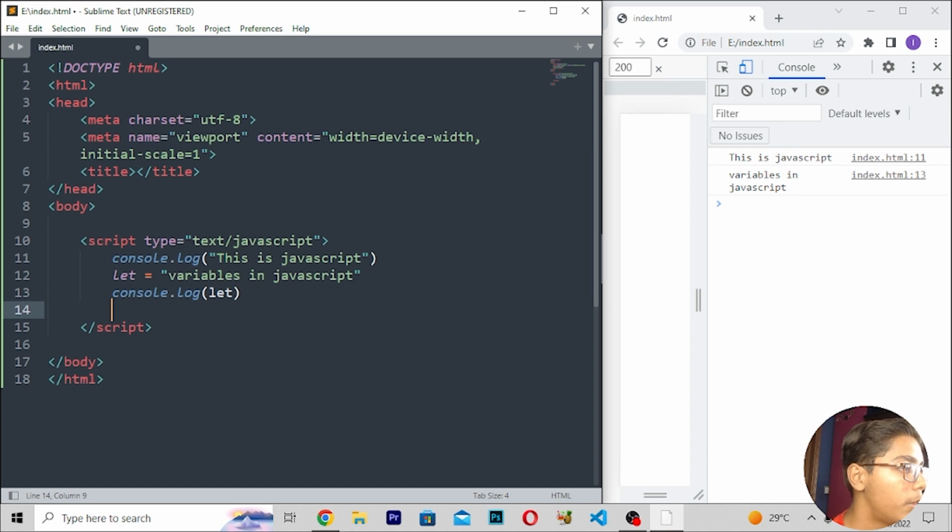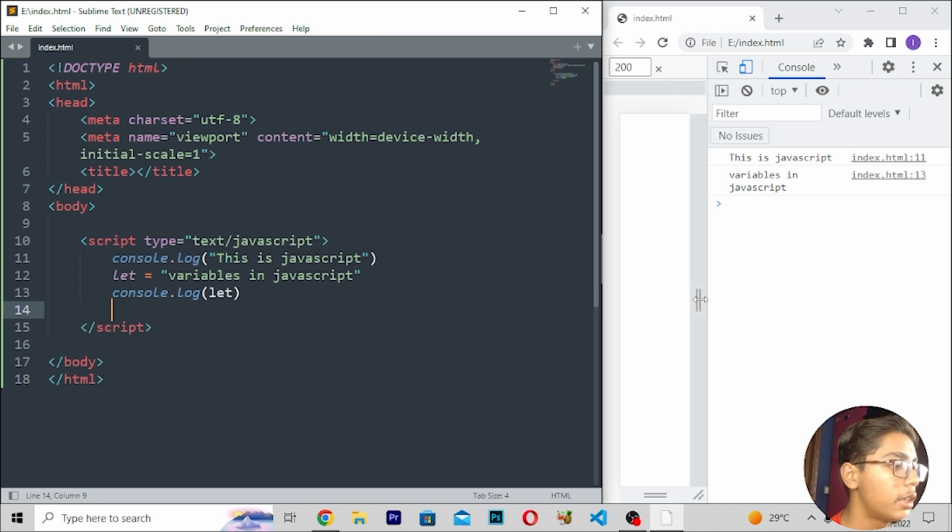So you can just move down here and you can use some of the other tags also to work with this. So here you can just use the same tag, like here when you've written this, you can just move down, and when you've written this thing, you have to move in this tag, and after moving here you can just save this, then you have to reload this thing, and then you will be seeing that we are getting variables in JavaScript written here.